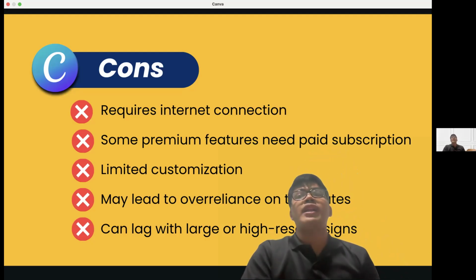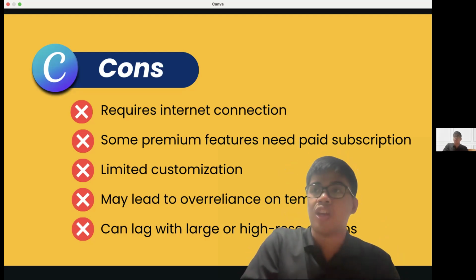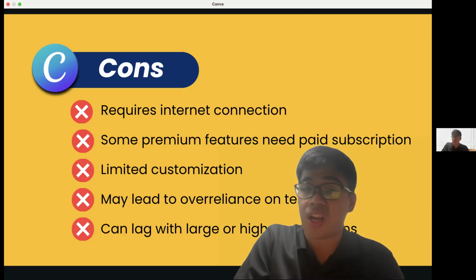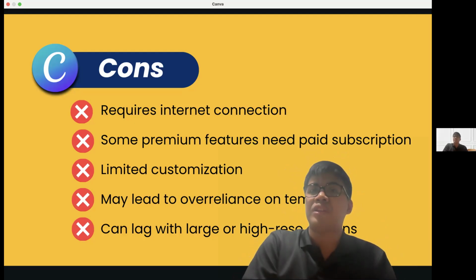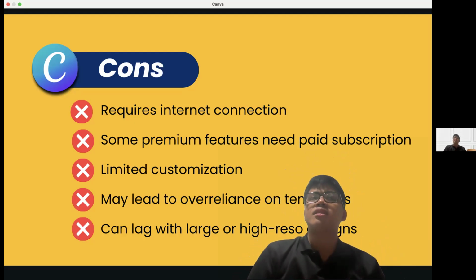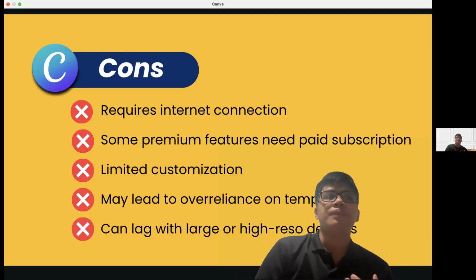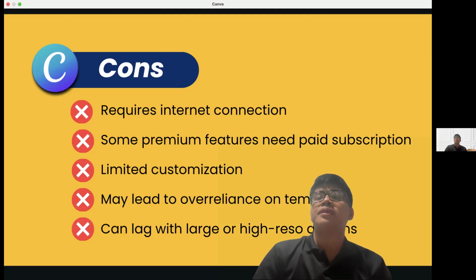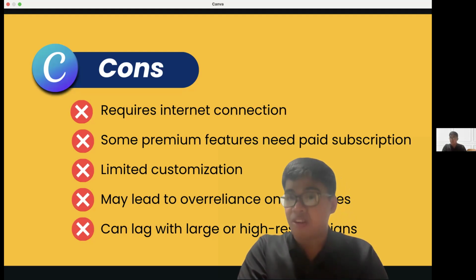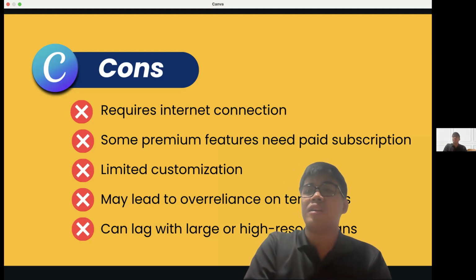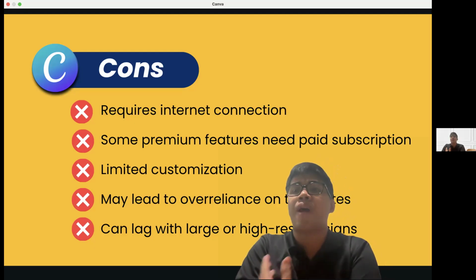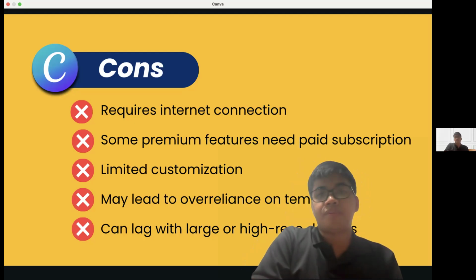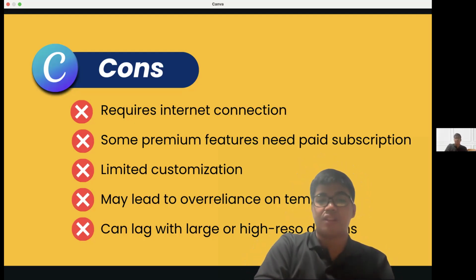So instead of enhancing your creativity, you're just going to rely on the templates available in Canva. Yes, it is time saving, but it doesn't hone your skills and creativity.